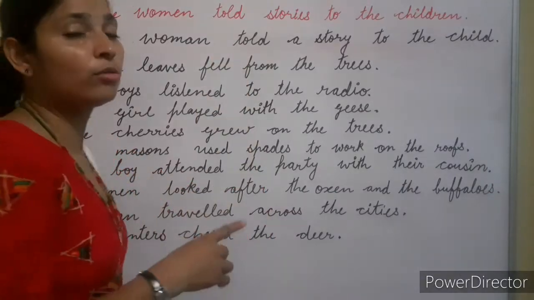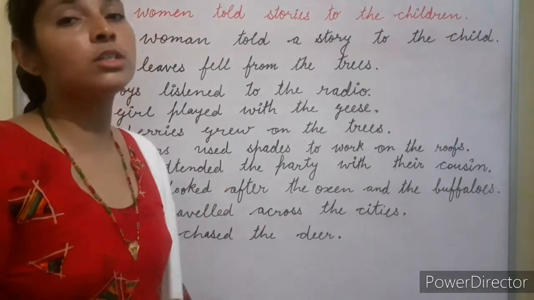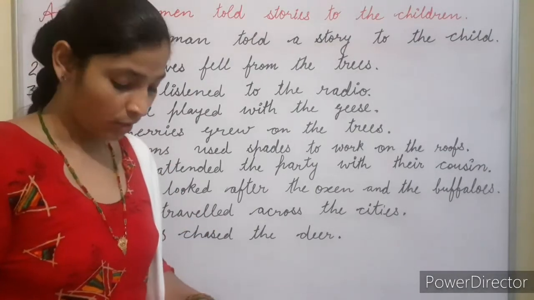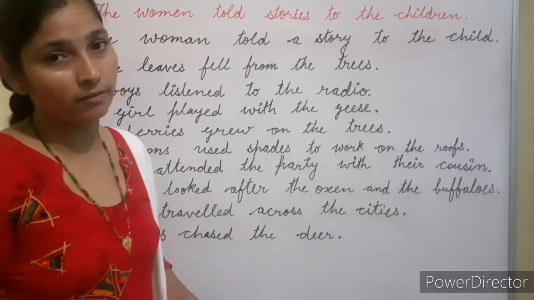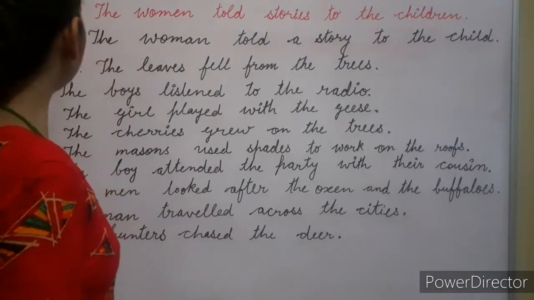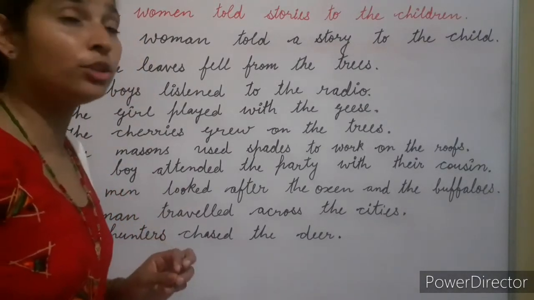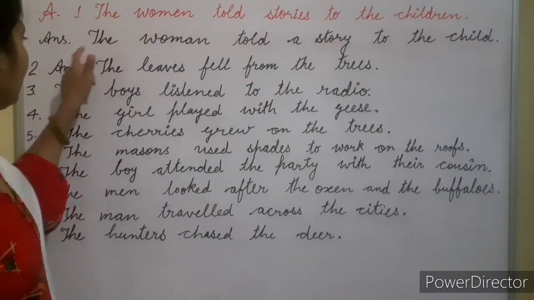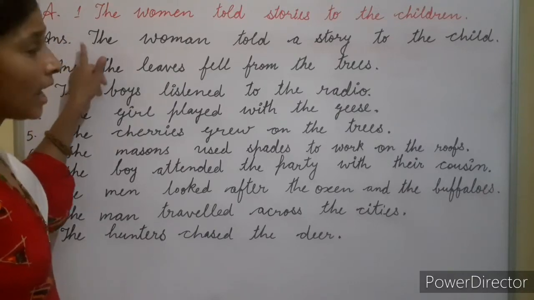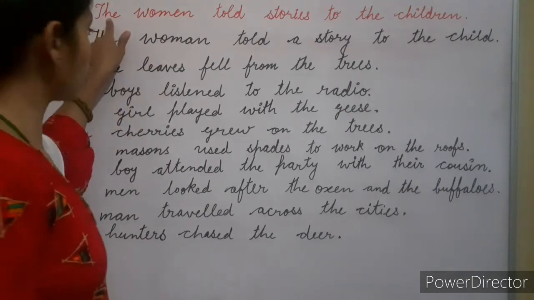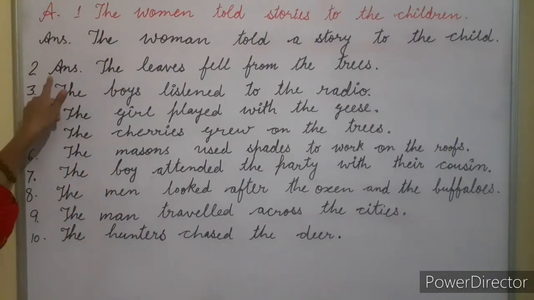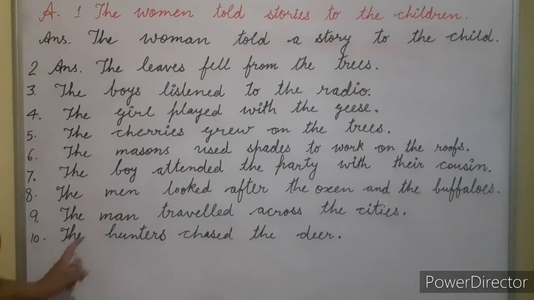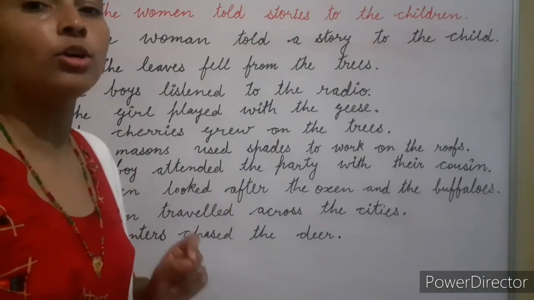That question, students, you have to solve in your notebook, because in your book you are not getting enough space. So the question on your page number 31, you will solve in your notebook. I have already mentioned the answer here. So how will you do it in your notebook? Firstly, you will write the question, meaning its sentence. Then you will write its answer. One sentence I have already mentioned. Firstly, you will write the question, then the answer. Same as the second, you will write the question sentence, then its answer. I have mentioned only the answer here. You will do the question with the answer in your notebook.